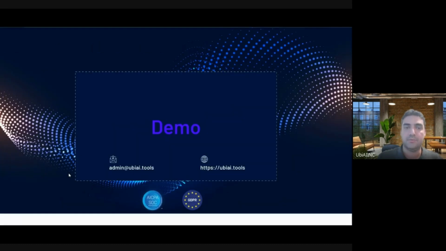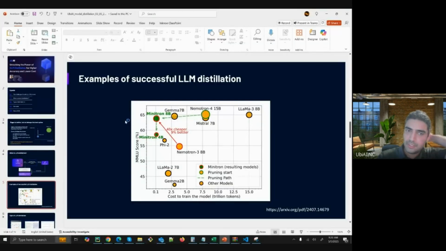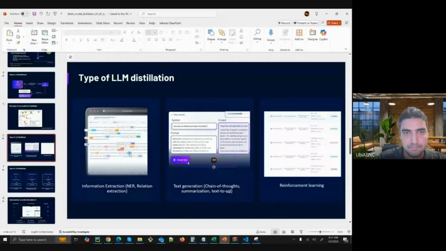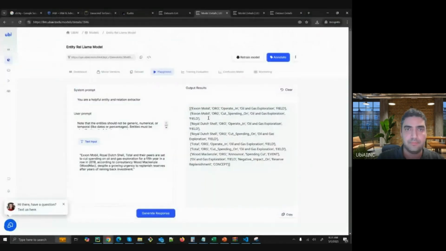So right now we're going to move to the demo. We're going to show here a few use cases of fine-tuning and distillation. The first use case I'm going to show is on documents. This is the first type of distillation, which is information extraction from documents. So we're going to show how to do that in the platform. So if you move to the platform here quickly,